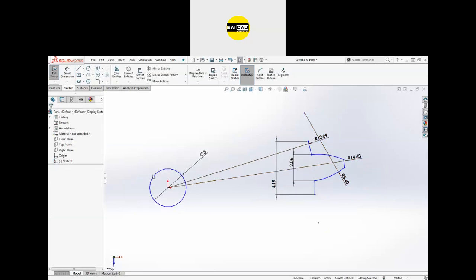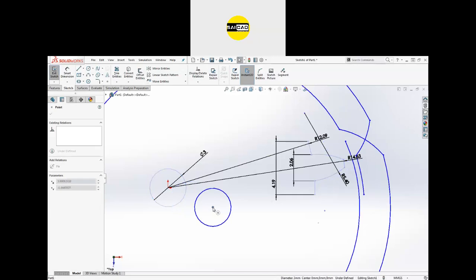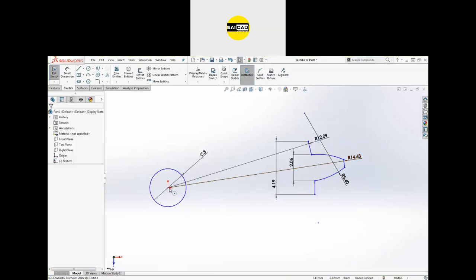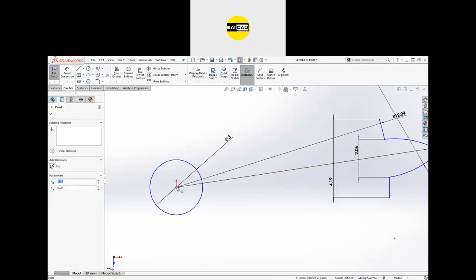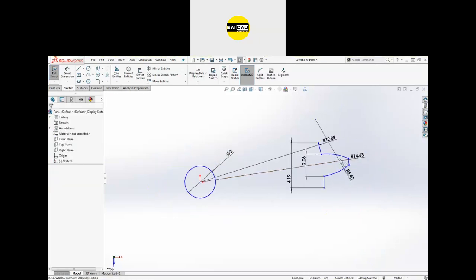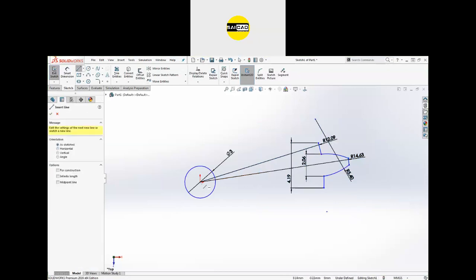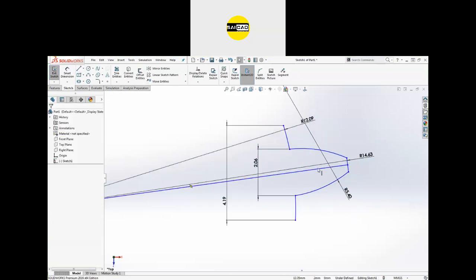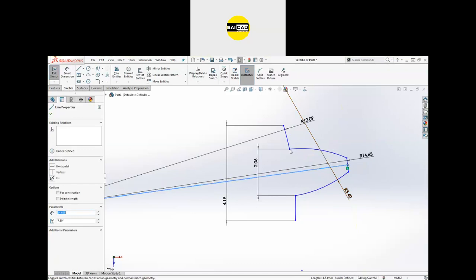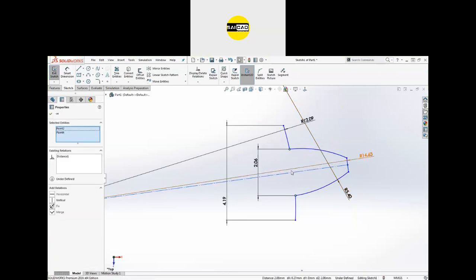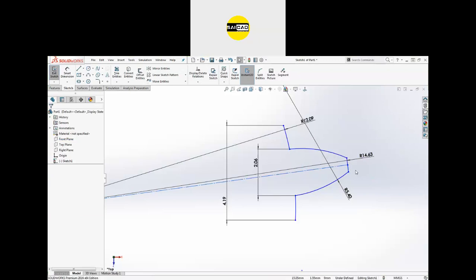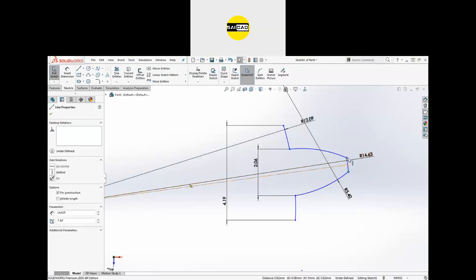So what is the main error? To move this object, you can see the object can be moved. So just select this one, select, first of all just create it fully defined so that the shape will not move. So how you can do that? Just create a line from the center to this point and make it construction, make everything symmetrical here. You have to do some work here to make it fully defined, and after that you will be able to use this.